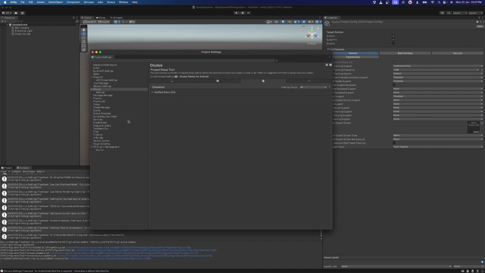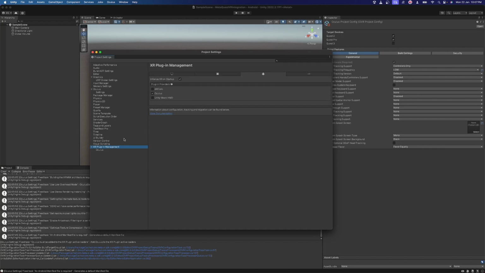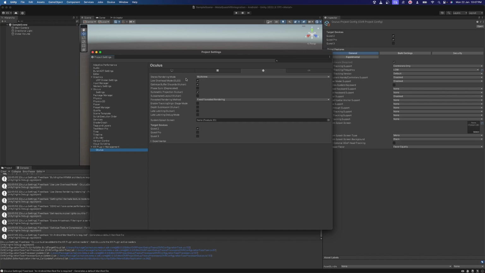Alright, so once installed, head over to XR plugin management and make sure that the Oculus plugin has been installed and the Oculus is ticked on. You could also visit the Oculus submenu to see the type of settings that it already had. So this all has been done by the recommended settings, which again was a lot easier to do. Alright, once you have visited all the settings, close this window and